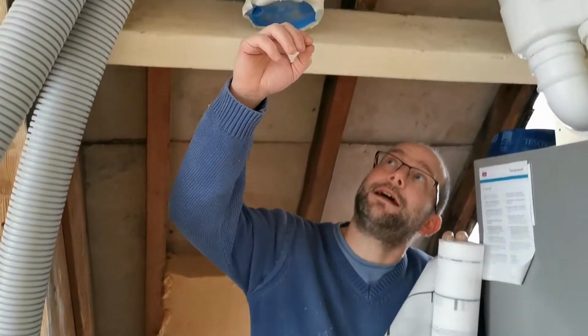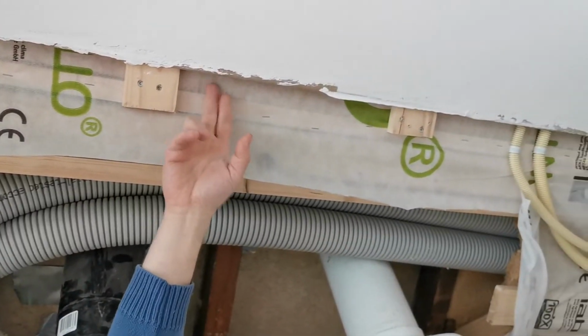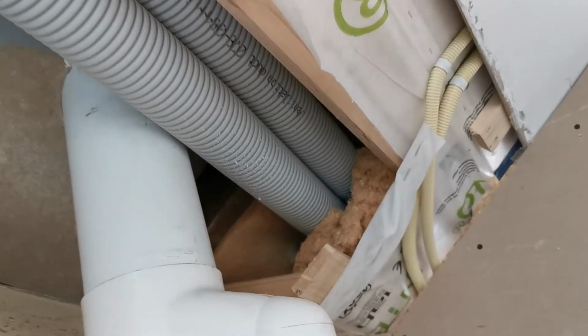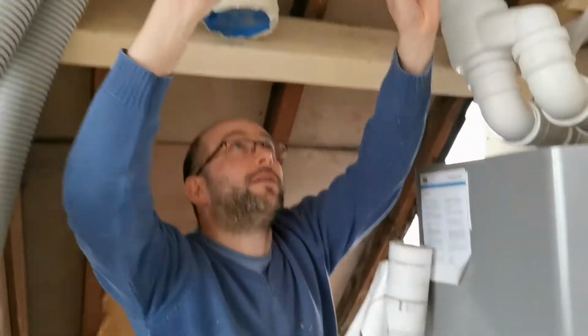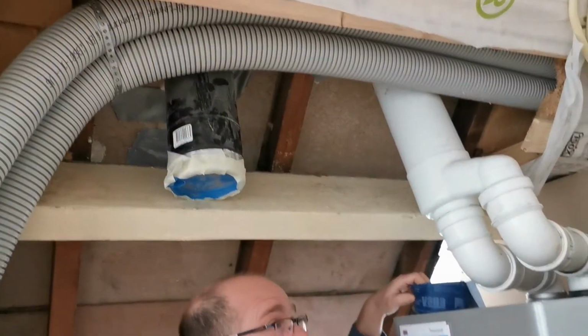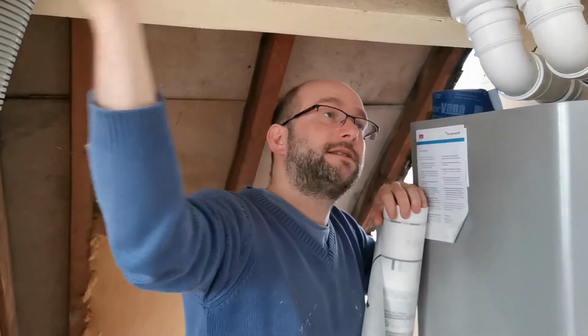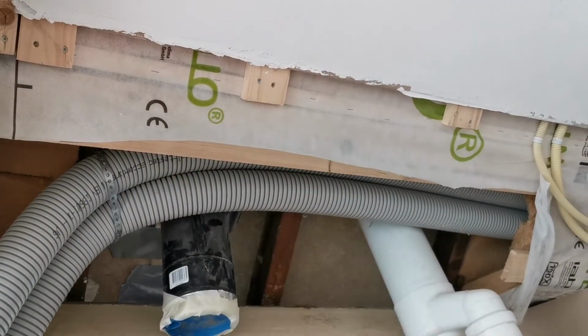So you can see here that's already been installed. You've got the insulation behind that you cannot see, and the membrane here. And what you do is you need to put tape on every junction. So even the junction between the membranes, don't let the air pass. So it's taped everywhere. And then on top of that, you've got some piece of wood and a plasterboard